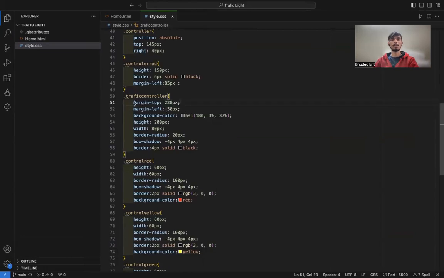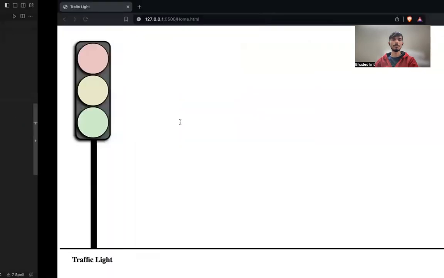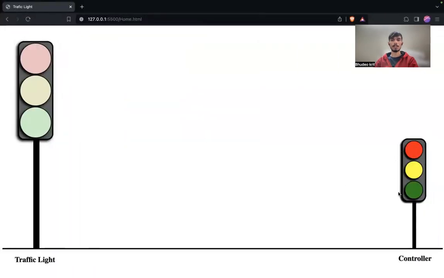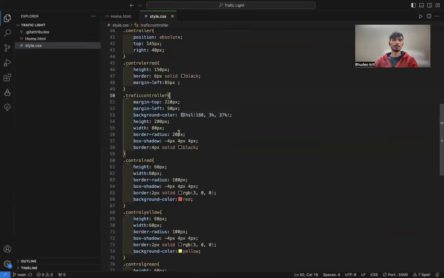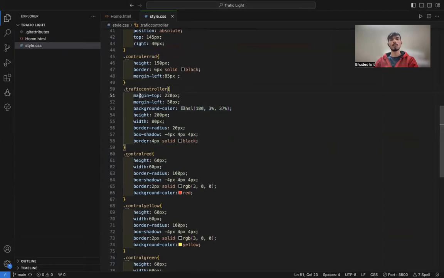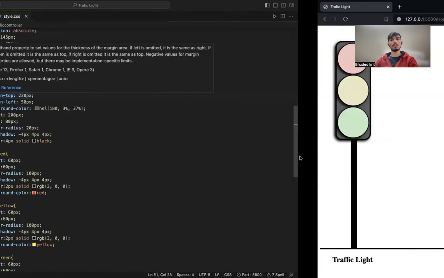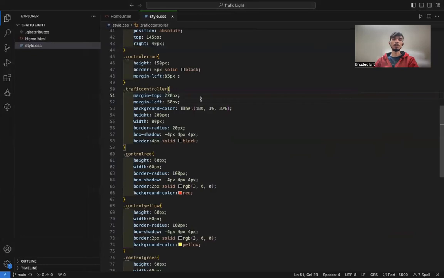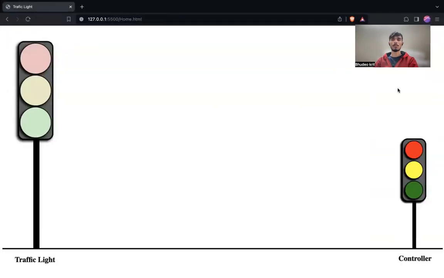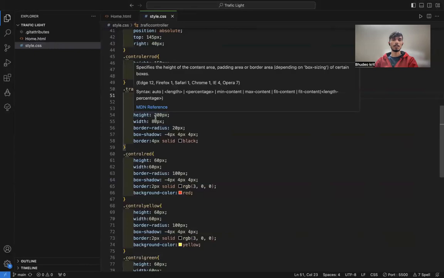After that, for this traffic controller, I have set a top margin to 20 pixel from the top, and